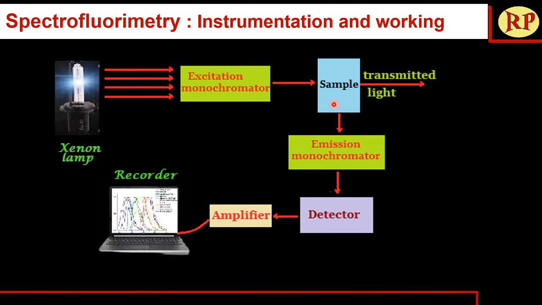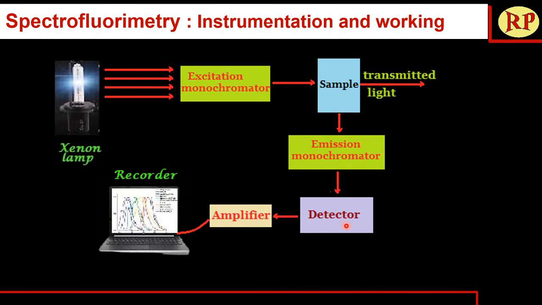The sample absorbs light and it goes to the excited state and returns back to the ground state by emitting light in the form of fluorescence. And that range, if I know that the molecule will emit light from 600 to 800 nanometer, then this emission monochromator can be set such that only 600 to 800 wavelength is passing through it. And that also happens one by one.